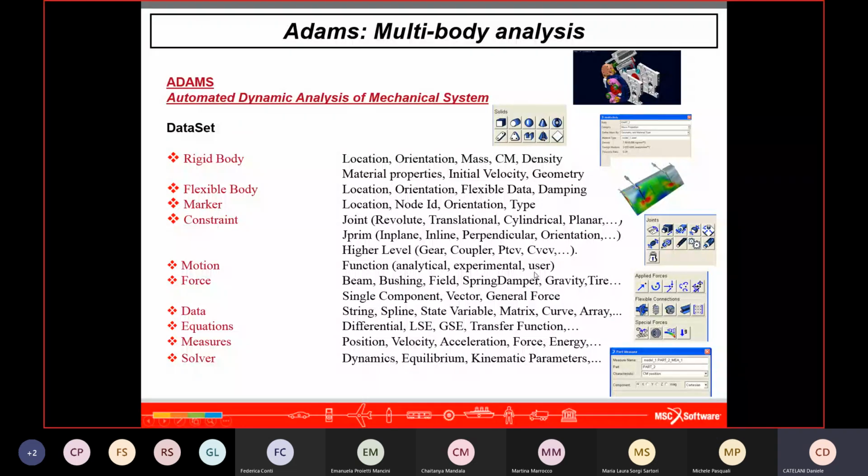So changing, for example, the position of a point, the model updates automatically. Changing the length of a cylinder, the model updates automatically. Modifying the type of a joint, the model updates automatically. So the effort for the user is reduced, and we